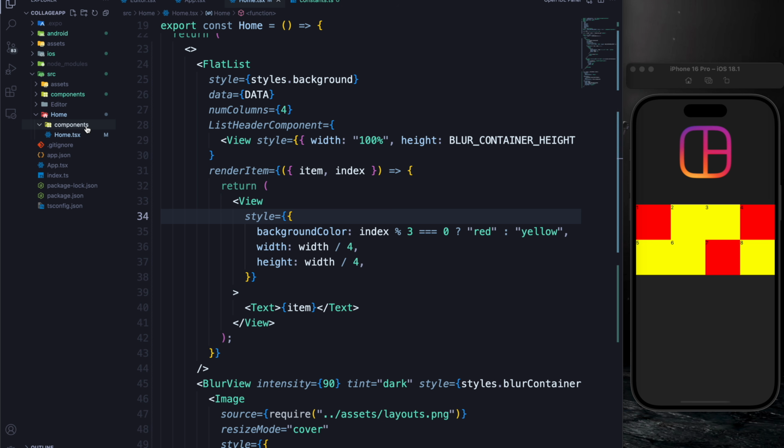And before I go on, let me explain why I'm doing this. Normally you have component folders at different levels, and you want to keep your components as close as you can to the screen that's using it. So if a component's only being used by home, I keep the components folder in home. But as soon as a component, or I guess in this case a constant, is needed in more than one place, home and edit, that's when I lift it to this level here. But because these components are only going to be used within the context of home, I'm just going to be making it within home. So this first file is going to be called image placeholder